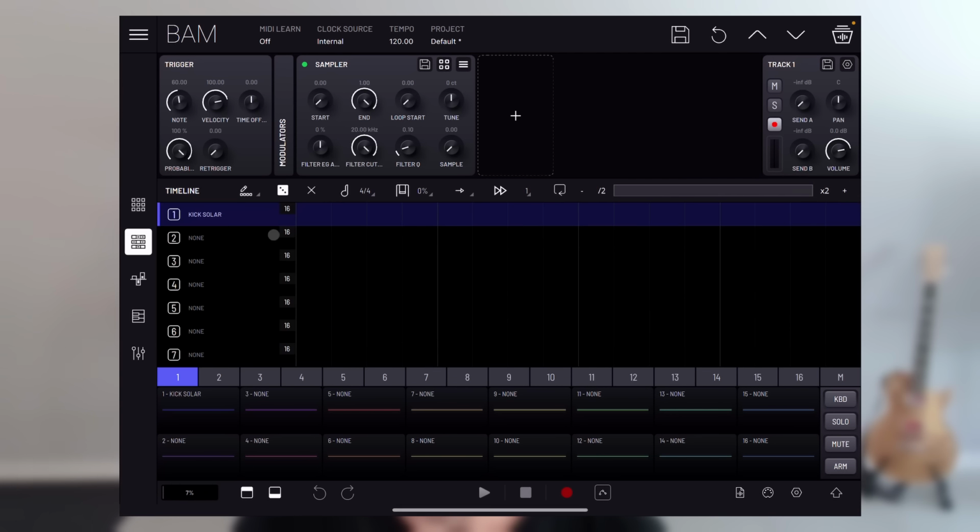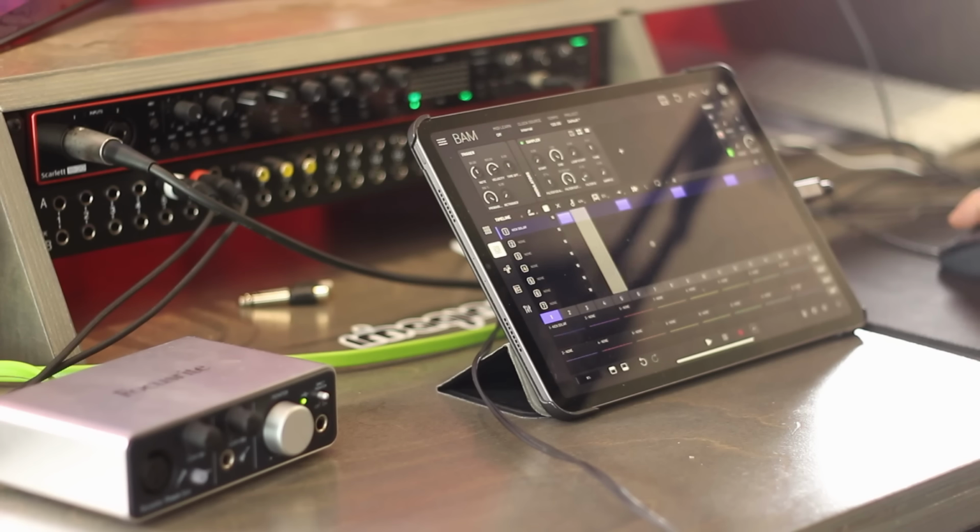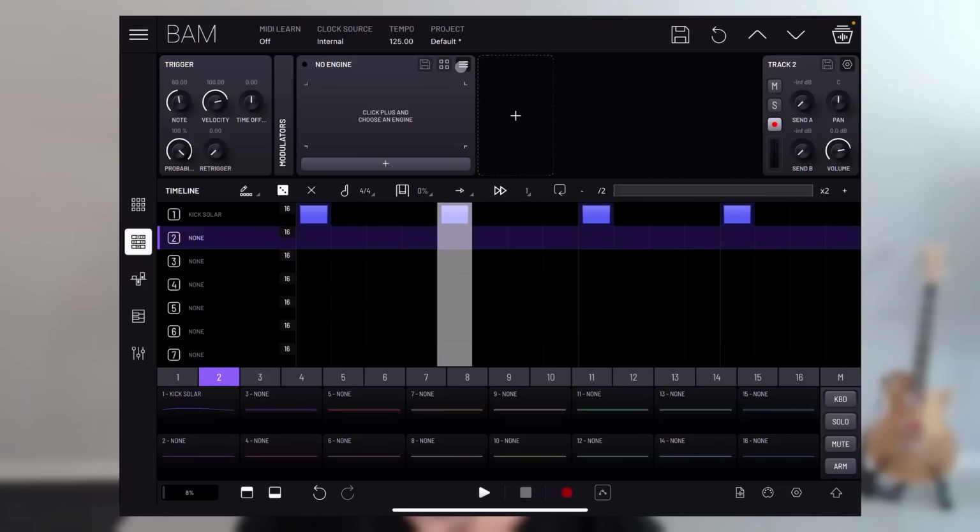So now I can go to our step sequencer here on the timeline, press some notes. I can do it like this. I can also have our smart key like this and repaint it. So now I can just start it off. And we have our kick. I'm going to change the tempo to 125. Sorry. And on the second channel, I'm going to open up